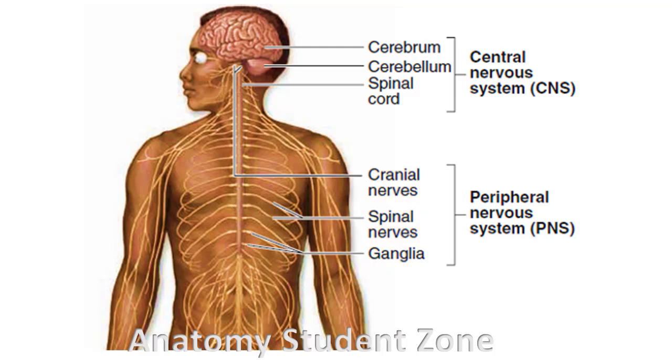When you are studying the central nervous system, that includes the brain and the spinal cord, as a medical student you should know the external features and the internal features of the brain, and the external and internal features of the spinal cord. It's very important. While studying, first study the external features of the spinal cord and the brain, and then how they look internally, how you are going to see them.